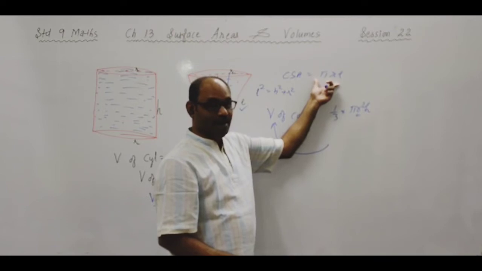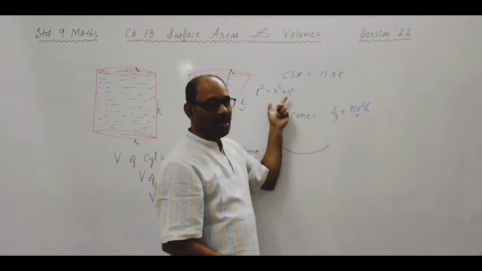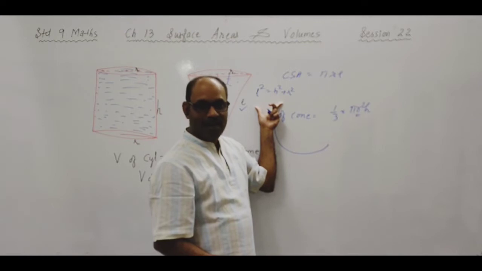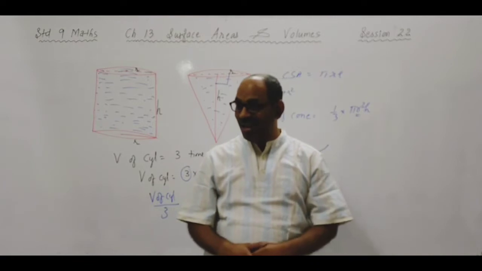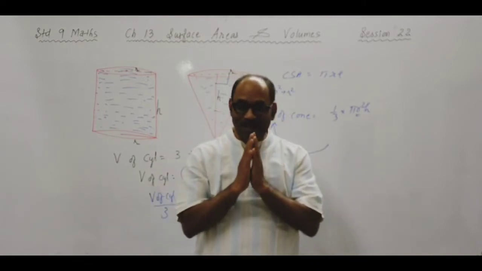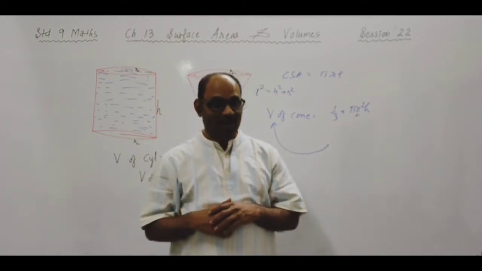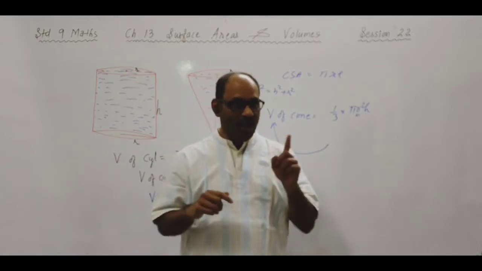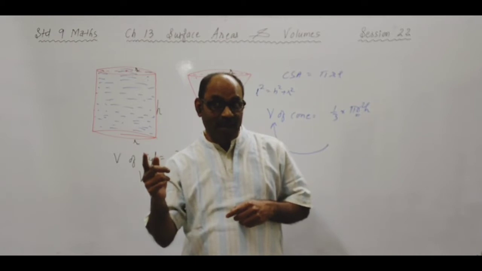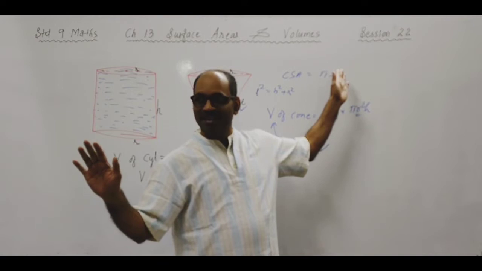Suppose you have to find the curved surface area of cone, and l is not given. Instead, h and r are given. So if h and r are given, you can calculate slant height, and then you can go for the calculation of area. So when you read the statement, if the object is cone, think which height is given. Is it slant height or vertical height? If it is slant height and you have to find area, then you can do it directly.